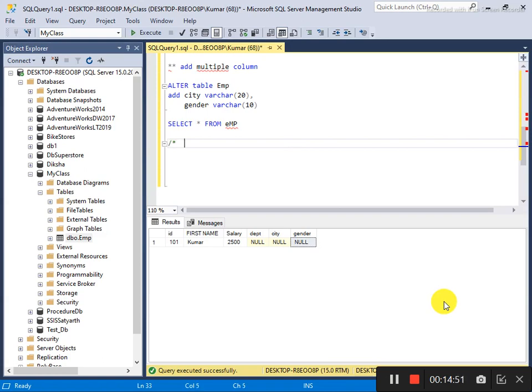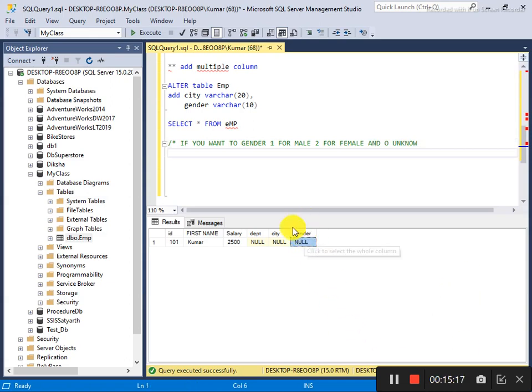So if you want to say gender like one for male, what will you do? Now you will change it to a numeric format.